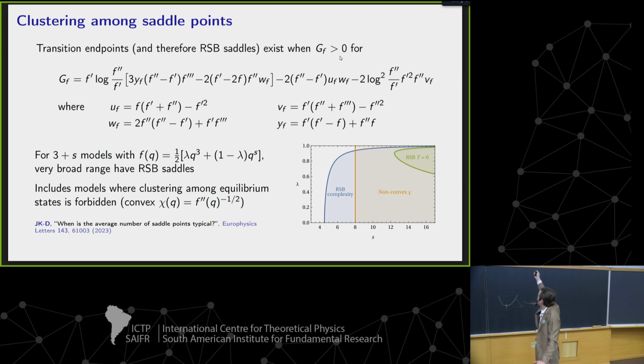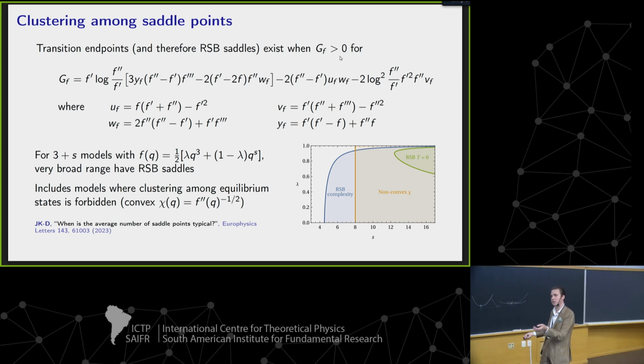And then finally, the blue region is the region where I showed that there does exist some region of saddle points which at least has a 1 RSB complexity, which means that the clustering structure in the saddle points is non-trivial in the way I'm describing, because it means the points are clustered. Remember, in equilibrium, you automatically get clustering at finite temperature with completely uncorrelated minima, because when you draw multiple points from the same basin, they have some sort of clustering around them. So that's the structure of this diagram.